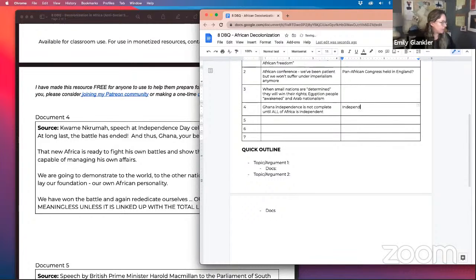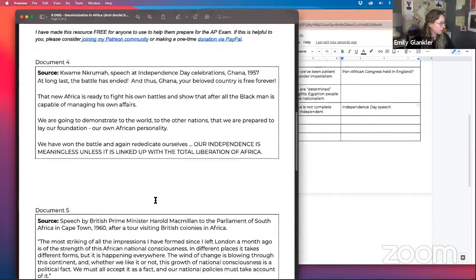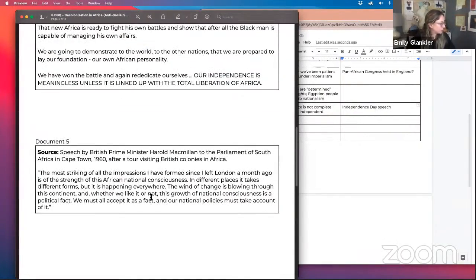This is an Independence Day speech. So there's going to be some clear bias in terms of who he's speaking to. Normally if it's a politician and it's a speech, there's going to be a lot of opportunities to evaluate that document, a lot of symbolic language, who's he speaking to, that sort of thing. So I'm not sitting there racking my brain for 5 minutes trying to figure out his point of view or intended audience. I'm just making a note that if you have time, you should go back and think about this later. Document 5 is a speech by the British Prime Minister to the Parliament of South Africa in 1960